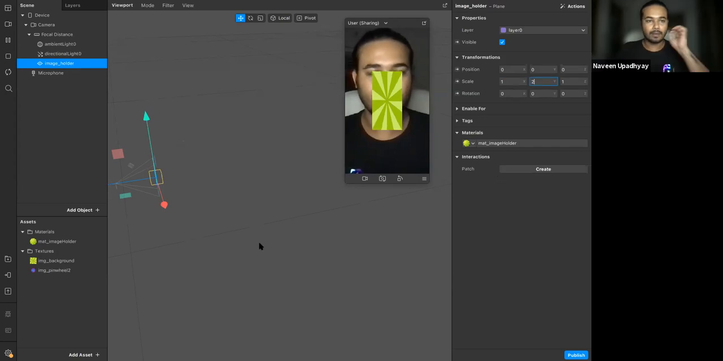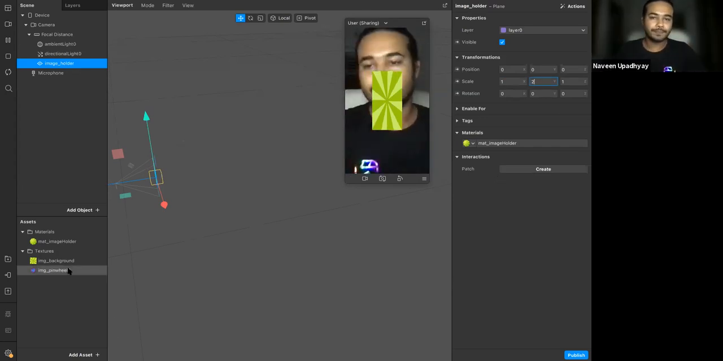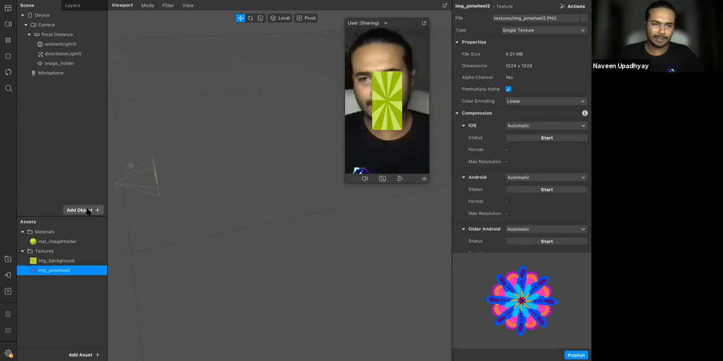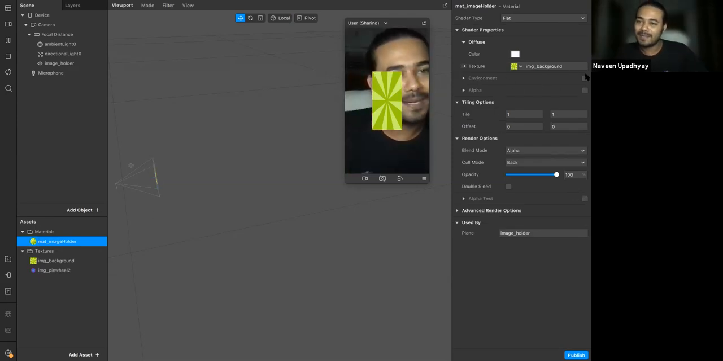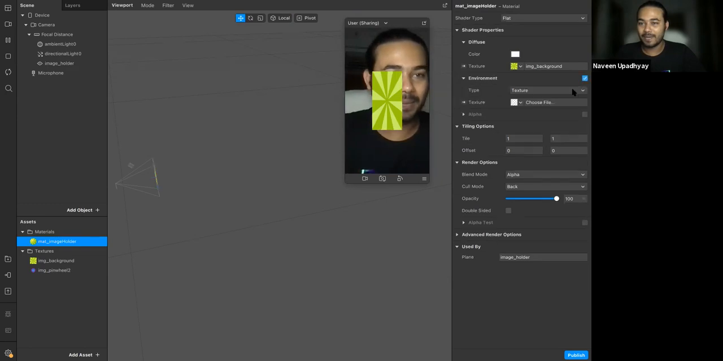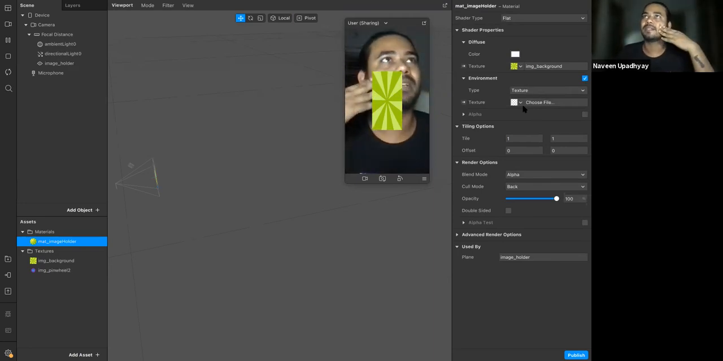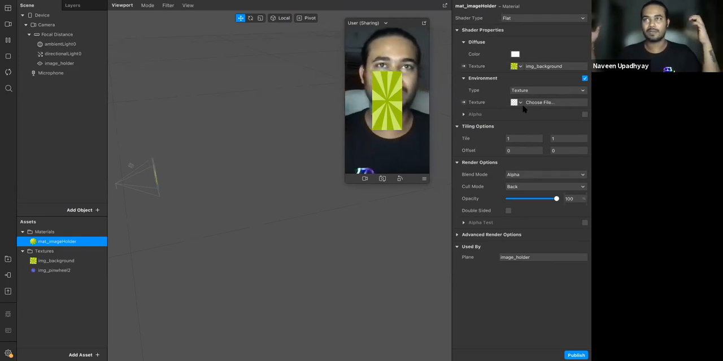Okay, cool. This was pretty much it, and let's try to add something else. Oh yeah, we are still left with some properties. There are environments, like what kind of environment texture you can use. Environment texture is kind of an HDRI file, which is